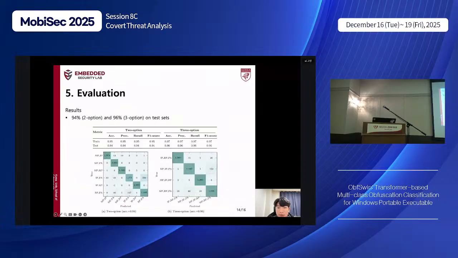Here are the main results. Our framework achieves outstanding performance on the test sets: 94% accuracy for 2-option combinations and 96% accuracy for 3-option combinations. However, if we look closely at the confusion matrix, we can observe some interesting behavior caused by the packed output file, or PA, option. First, in the 2-option subset on the left, the PA option tends to dominate the byte patterns